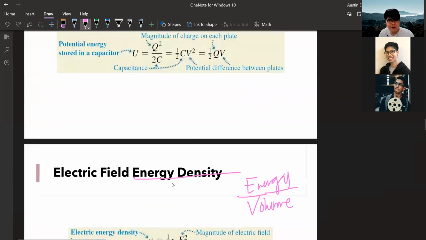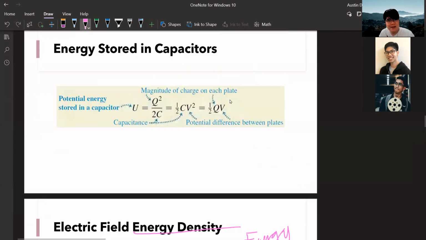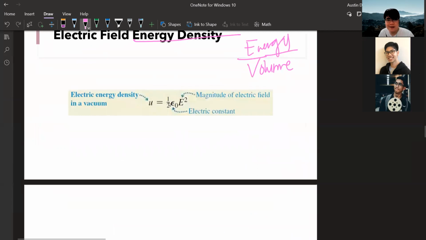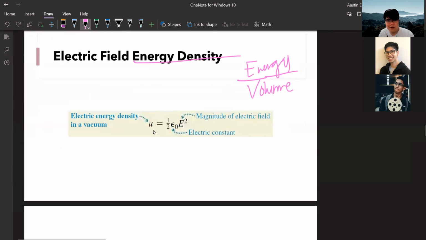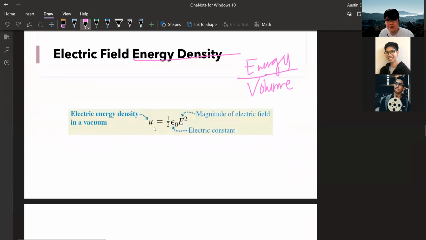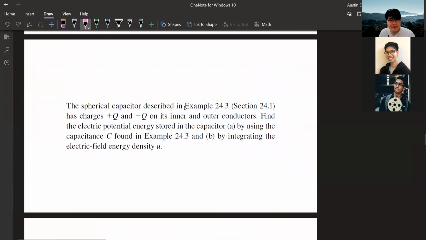So these are not two different things, okay? Pares lang yan. Kung meron ka naman electric field, you can have this guy instead. Then you just integrate it with the total volume to get the total energy. Okay, so let's try that, no? Let's try that. Ayan. The spherical capacitor kanina,